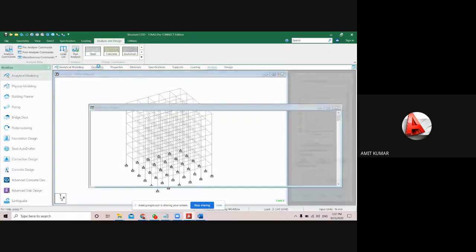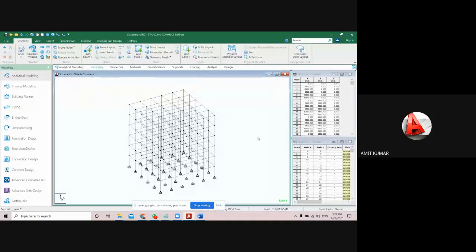Come to the geometry now. Into the geometry, you have the structure numbers here. First, pick the 167. Okay, 167. Just click on the 167. The column will be highlighted here. That it is at the bottom. The second one was 297. Here it is. It is also at the bottom.